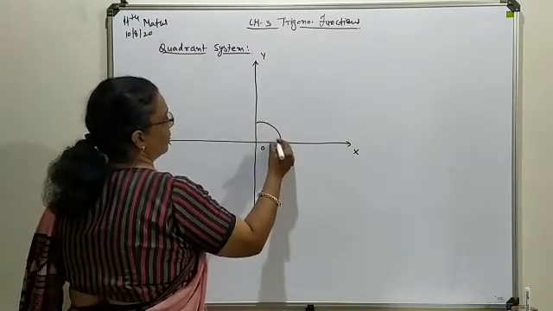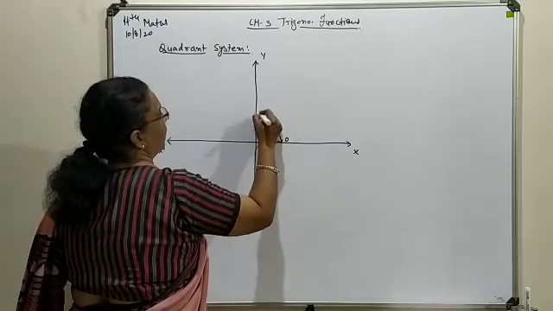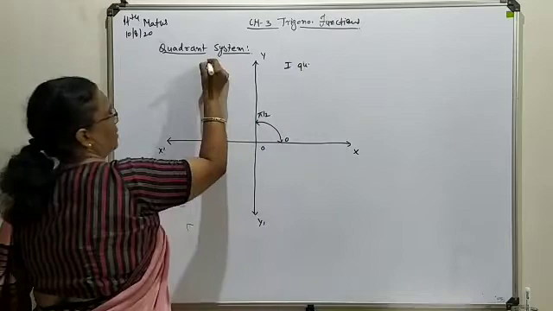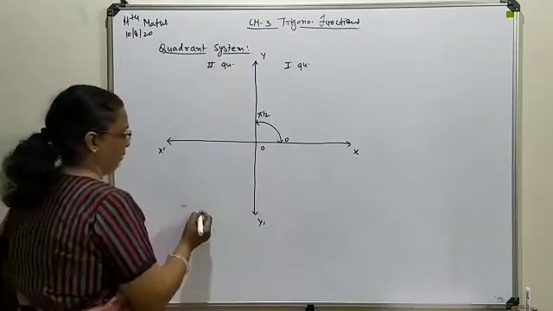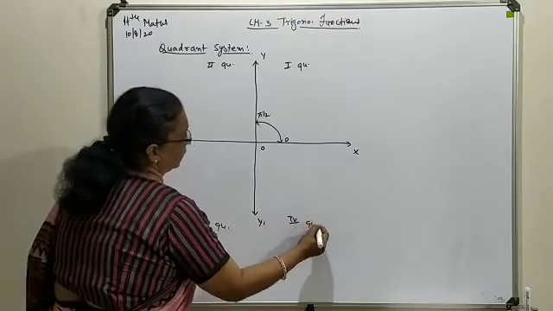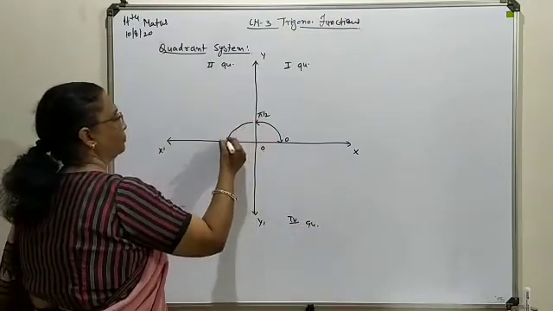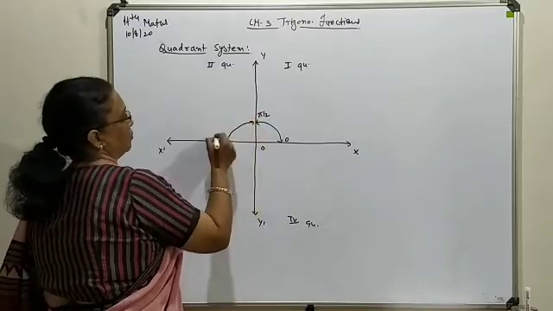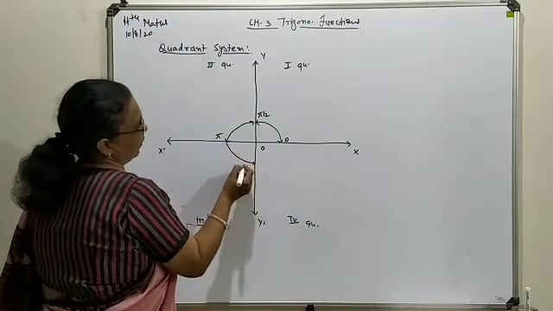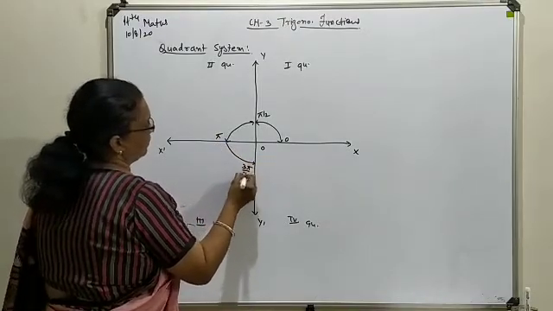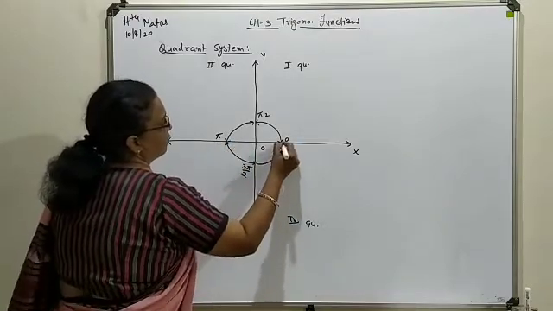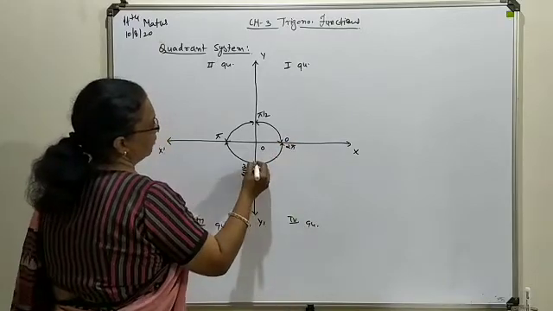Angle in the first quadrant we have discussed, 0 to pi by 2. It is your first quadrant. This is the second one. It was the third and the fourth. In the second quadrant, the angle goes from pi by 2 to pi, which means 180. In the third quadrant, pi to 3 pi by 2, which means 270. And at the last, 3 pi by 2 to 2 pi, which means 360.